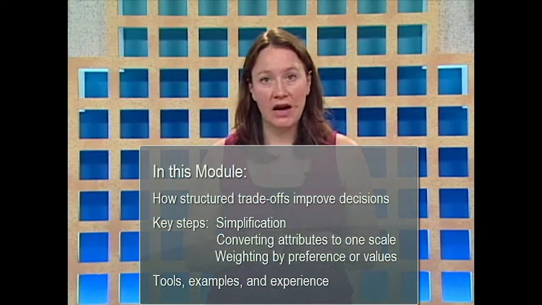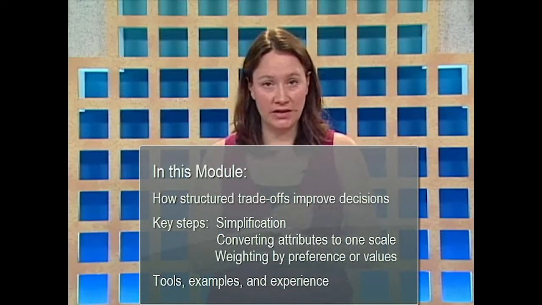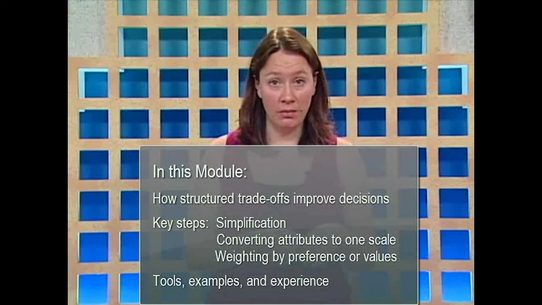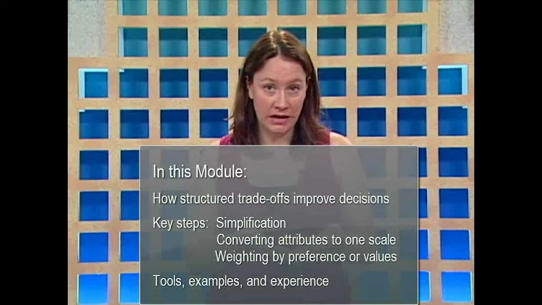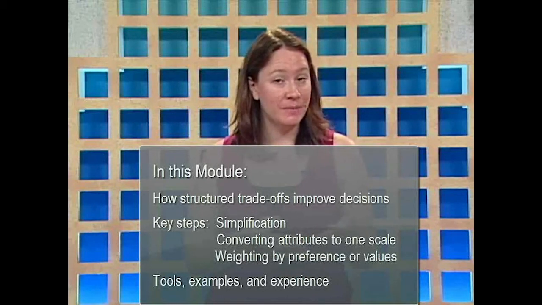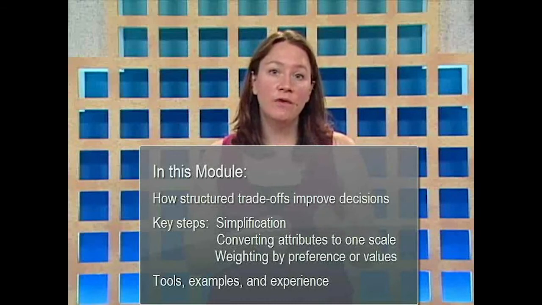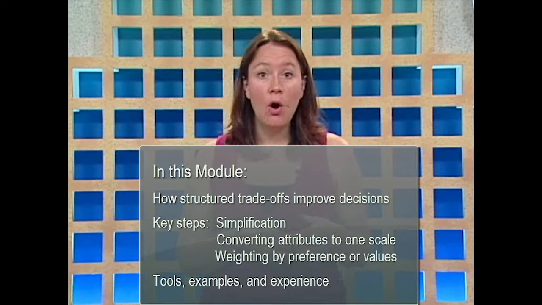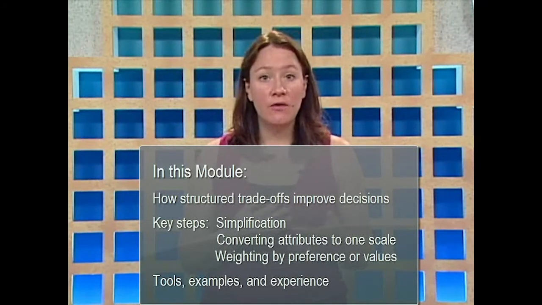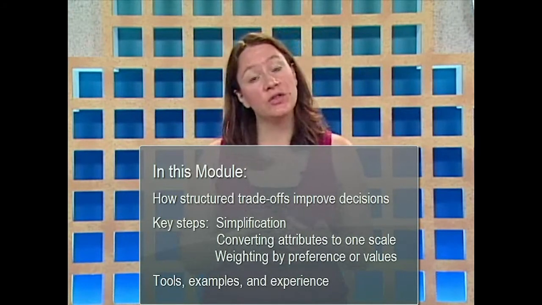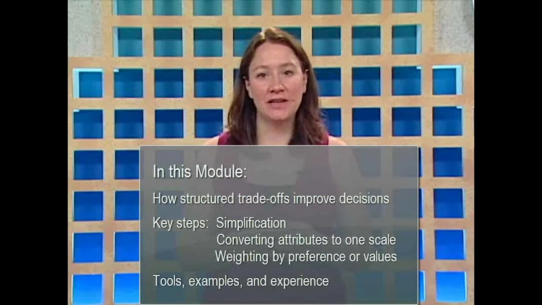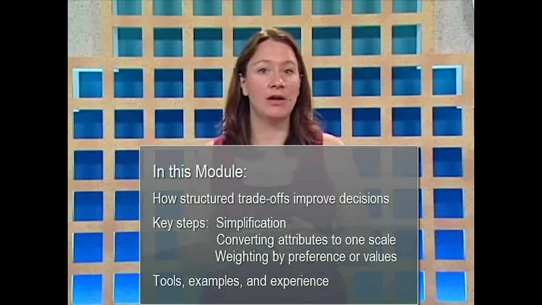So in this module, what we're going to talk about is how the structured trade-offs between objectives improve decisions. And we're going to talk through a couple of key steps. We're going to talk about simplification of the problem using some very easy techniques that we'll show you and that you'll get to practice. Then we're going to talk about converting different attributes to one scale so that we can solve the trade-off problems, or using weighting by preference or values in order to do quantitative trade-offs between objectives. And we're going to show you a bunch of different examples from our experience about how to use these different